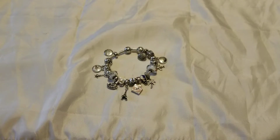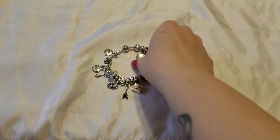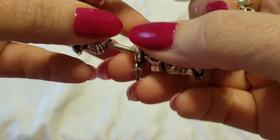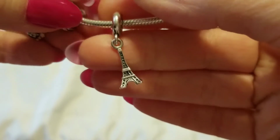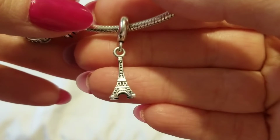I went to Paris, France in 2013, and one of my goals was to get an actual Pandora charm while I was there. Now, I don't have any footage from me purchasing the charm because, as you may know from some of my previous videos around my travel theme bracelet, which has had many different looks, I just kind of ran into a Pandora store with what money I had left over, and was given the option between the plain Eiffel Tower charm or the Eiffel Tower charm with the gold heart. The gold heart one was significantly more expensive, and I chose the plain one because that was what I had money left for. But this is very sentimental because I did get it in Paris, France,